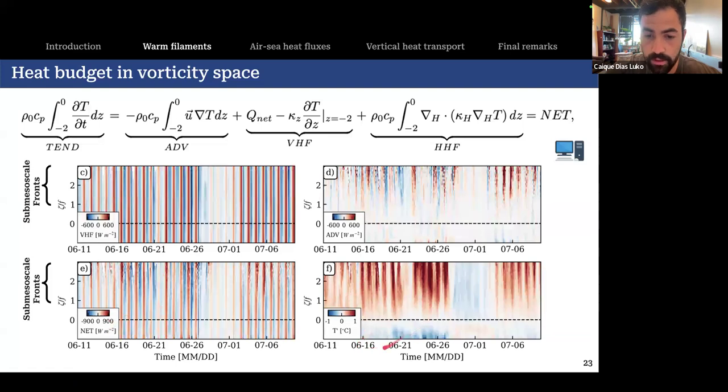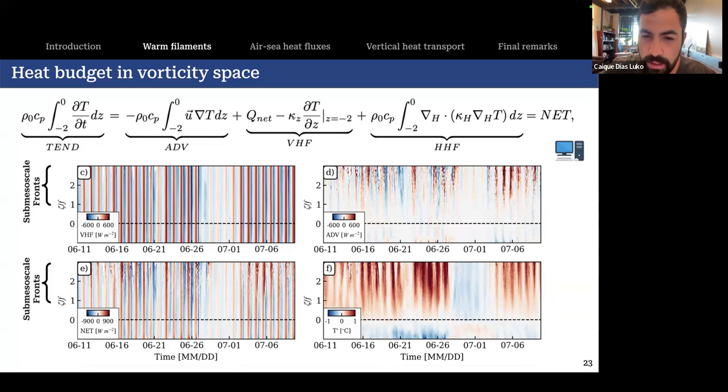I also plotted here the same kind of graph for submesoscale temperature anomalies, just to show you that in the periods where we have the advective heating is when we generate more of these warm SST filaments. Okay, so we've learned that advection plays a central role in the formation of these filaments, but to gain more intuition on what's actually happening,